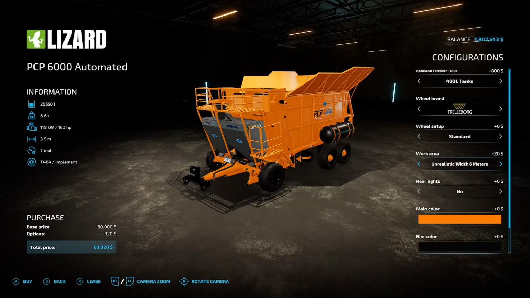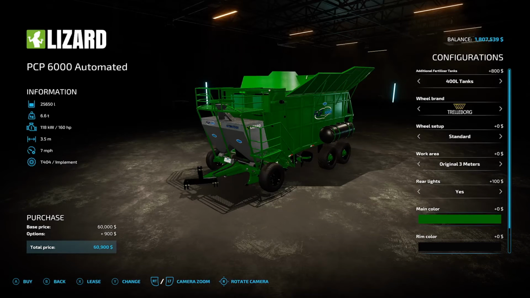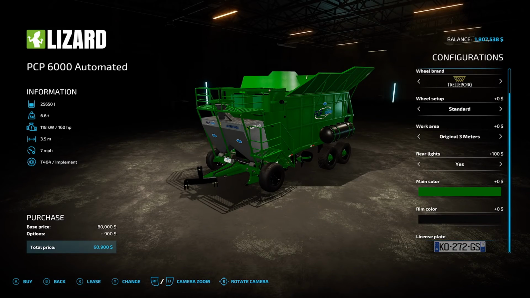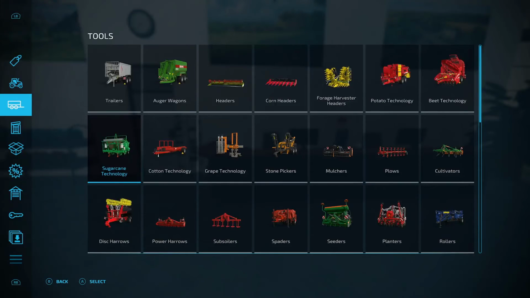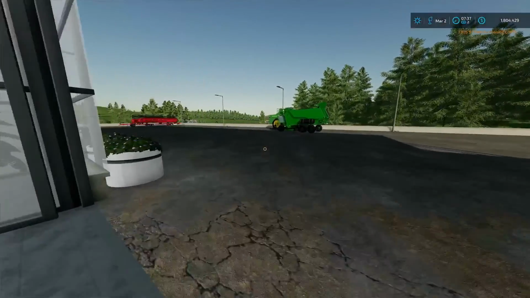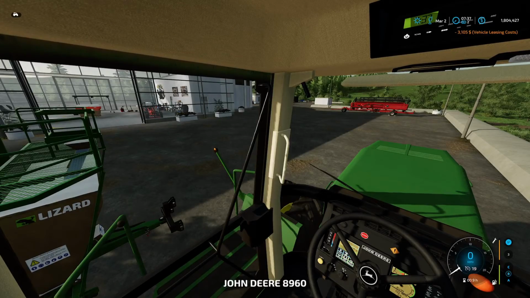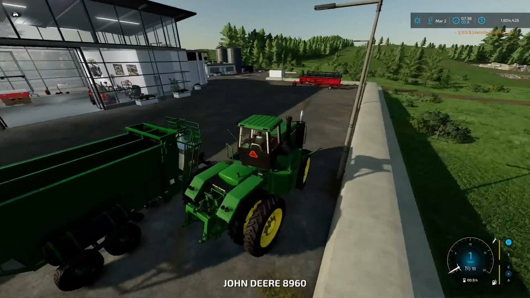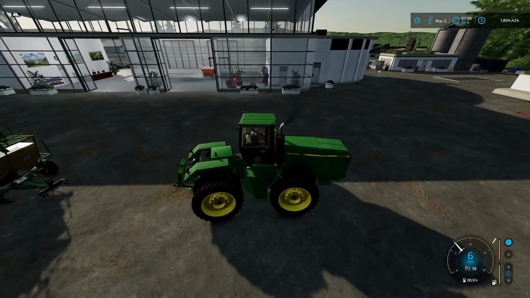Yeah, we'll leave them. You can go up to 6 meters with this, but I'm going to keep it realistic. Put some lights on and then change the colour. Doesn't cost anything to do it, that's fine. I don't need to worry about the number plate, so 3,000 to lease that, that's fine. Fantastic. So, oh, it kind of matches the tractor as well, isn't that nice? Okay, so it's not too bad on here actually. I thought it'd be a lot worse, but